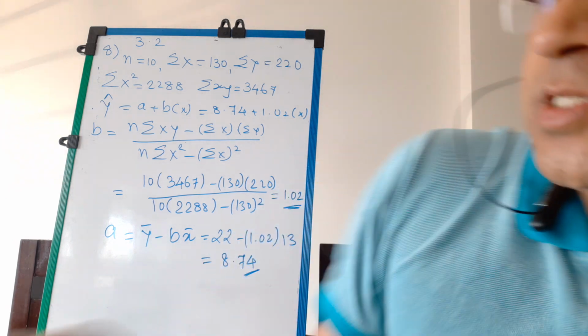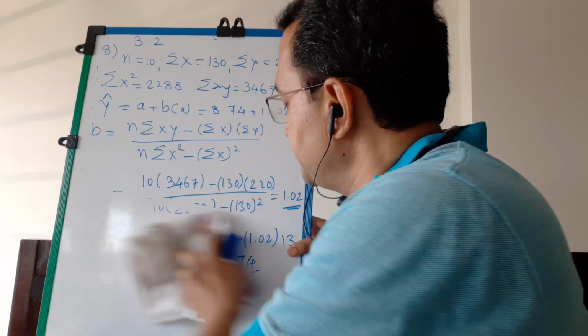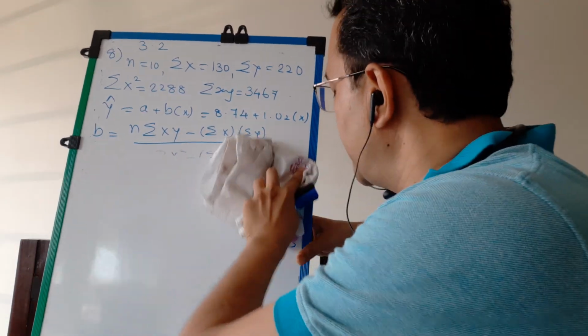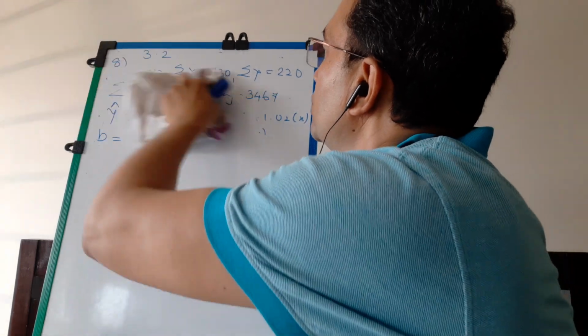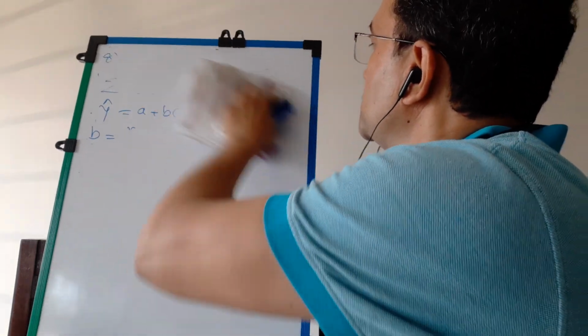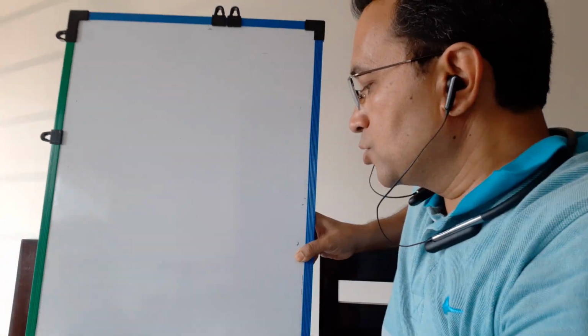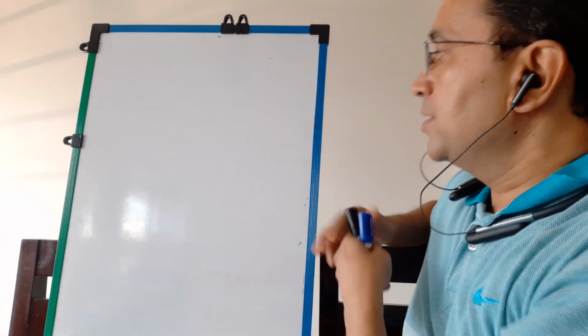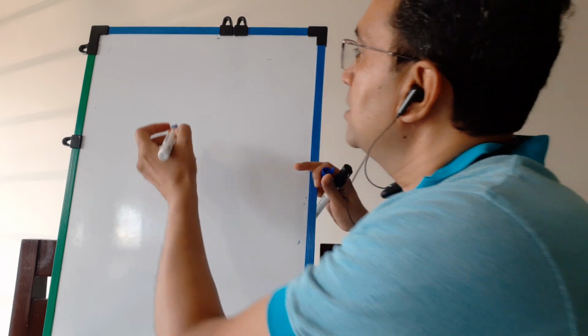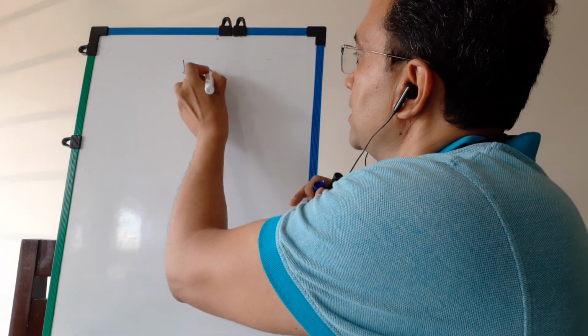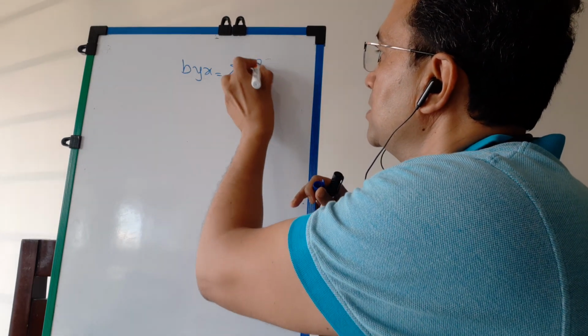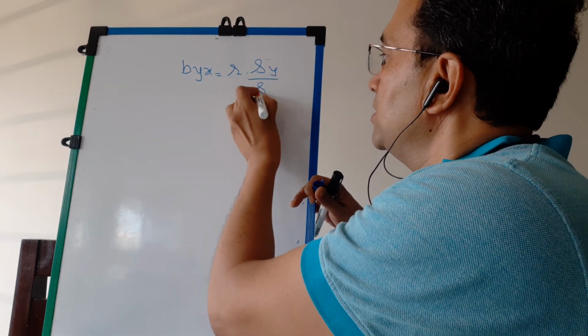Now students, just now we took the formula. Pay attention. Just now I took this formula: byx is equal to r into Sy divided by